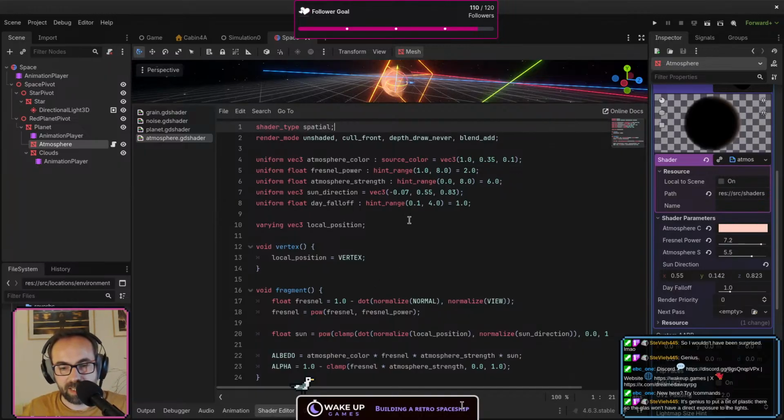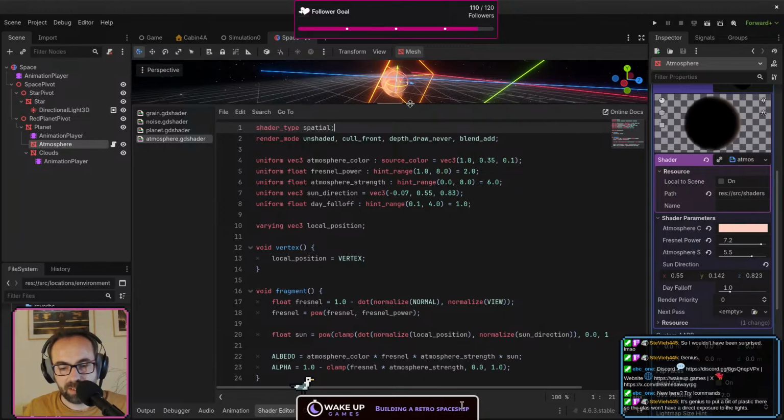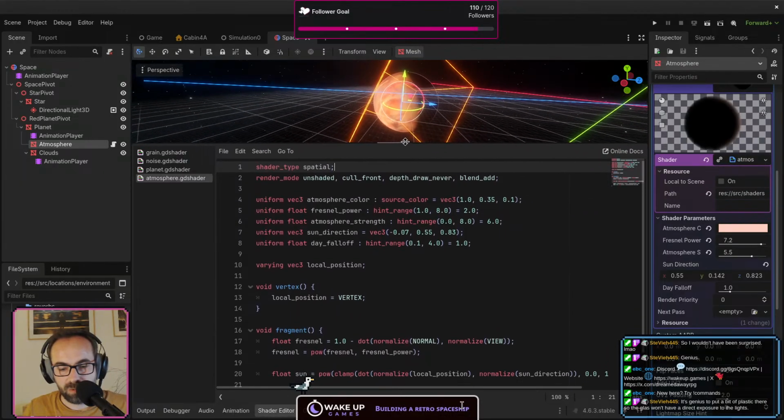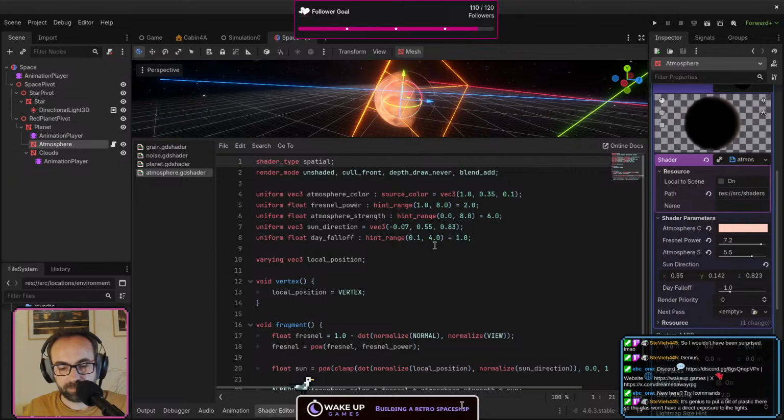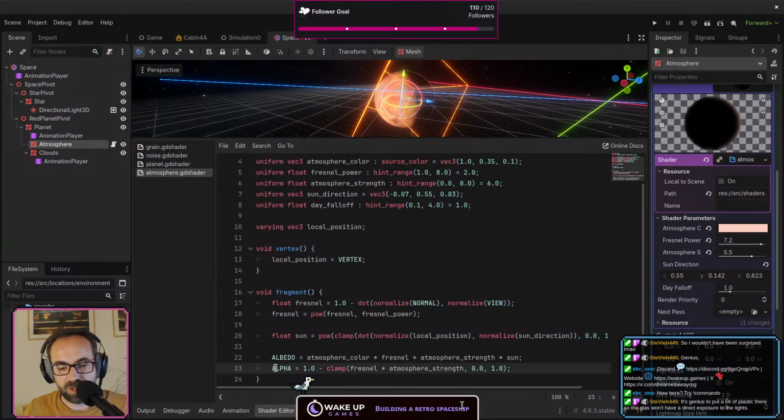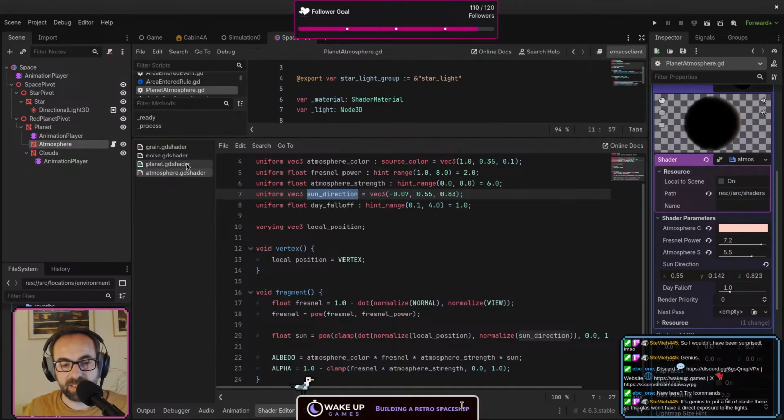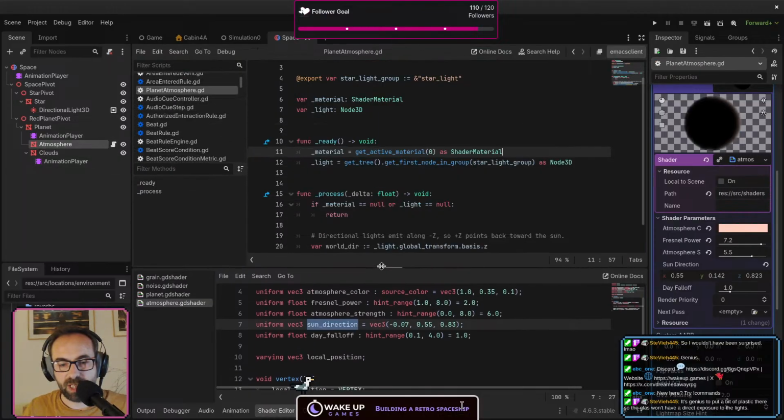All I'm doing is computing the dot product to get the edge and the falloff, and then I'm just reducing its alpha based on the sun direction. And the sun direction is this uniform, so think of it as a variable that is fed to the shader